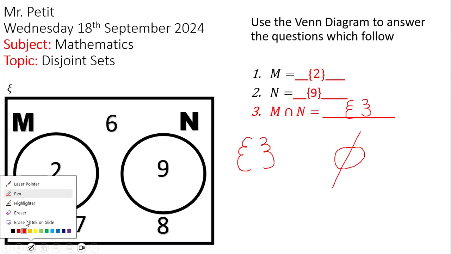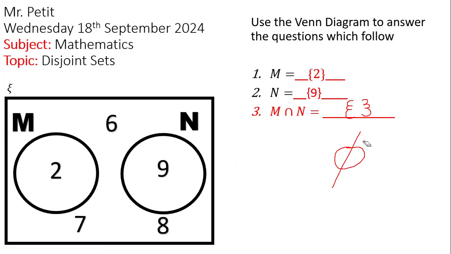Does that make sense to y'all? Let me know if y'all understand that. Yes, sir. Good, very tricky. Anton, you have a question? Yes, sir. When you were explaining it, you said something about they're common. What do you mean by that? Okay, so the intersection, this is M intersect N, which means tell me the elements that are common in both of the sets. But the problem is there are no elements that are common. So that's why we have it empty. Does that make sense to you?